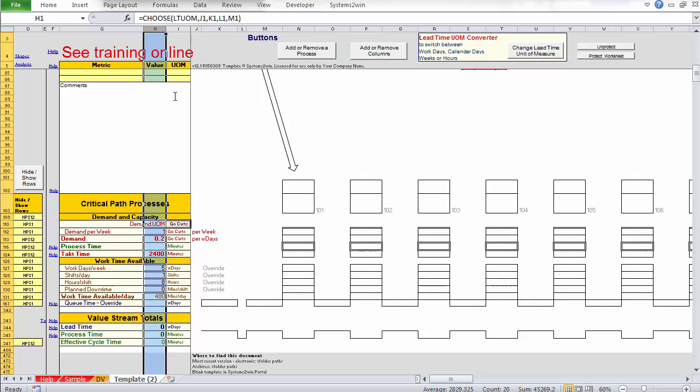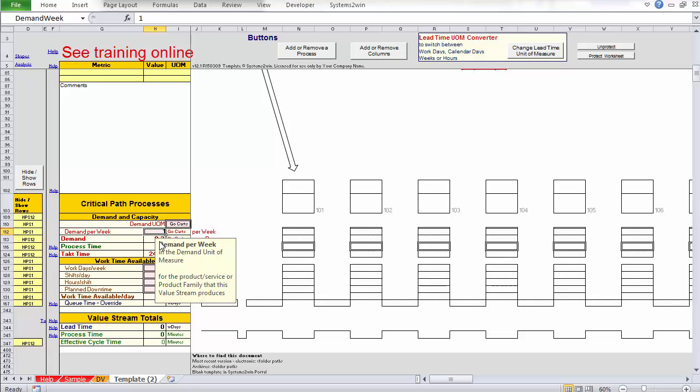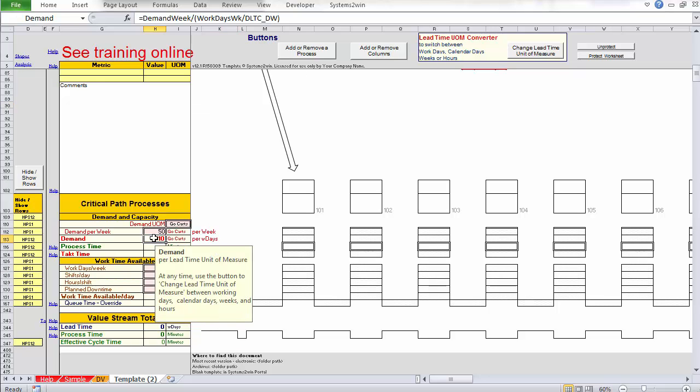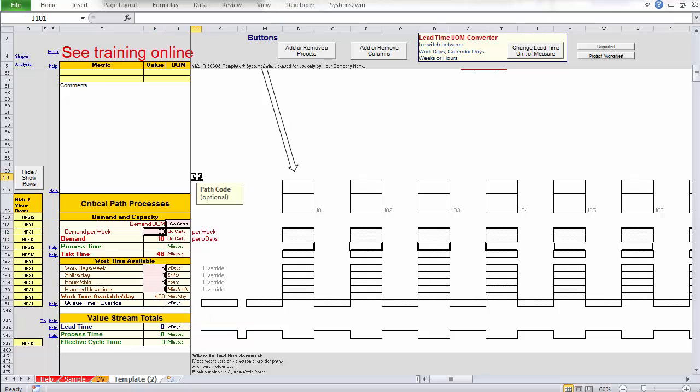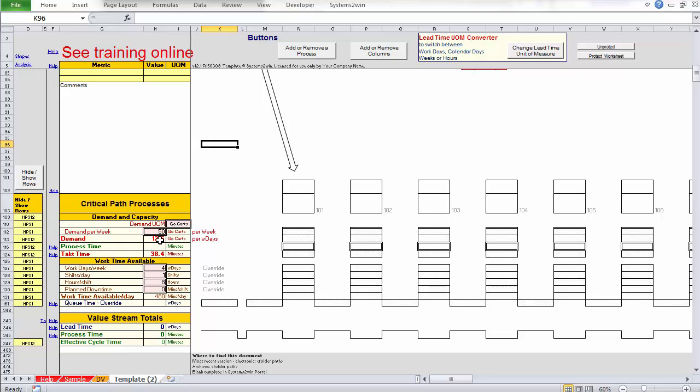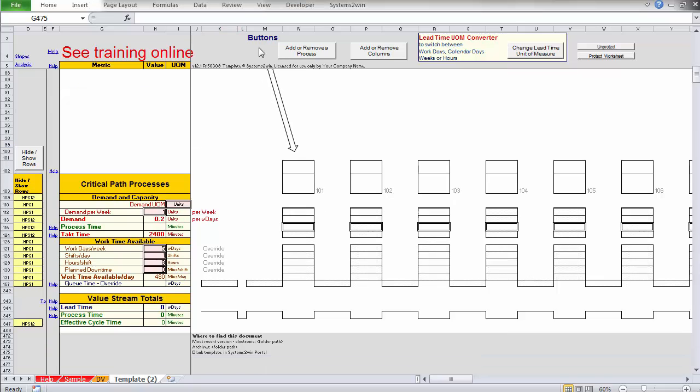There are other values in these pink double border cells in the value column. So you might answer the question, for instance, how many go-karts are our customers demanding? So let's say that we need 50 go-karts per week, and because we happen to be working 5 days a week, that means that we need 10 go-karts per working day, right? So you can start to play with things in these other pink double border cells and say, well, what if we worked 4 days per week? How many go-karts would we need per day then? So it's really kind of fun. You can play with your values.